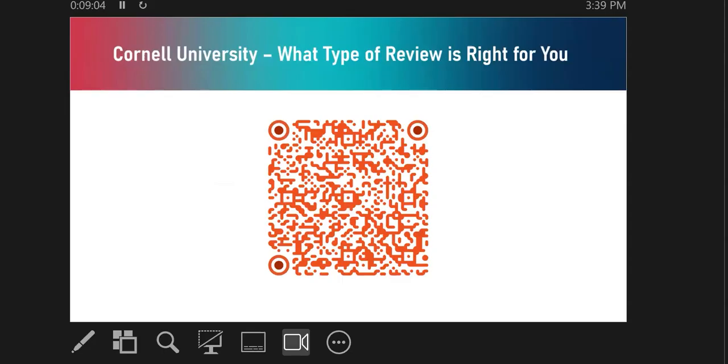Along these lines, Cornell University, which does a lot of great work with evidence synthesis, put together a decision tree as you're starting out with your research and trying to figure out what type of review you want to do. This takes you through various questions you can ask yourself. Do I have more than a year to devote to this? Do I have at least 2 other members on my team? Stuff like that. If the answer to some of those is no, then you're probably not going to end up